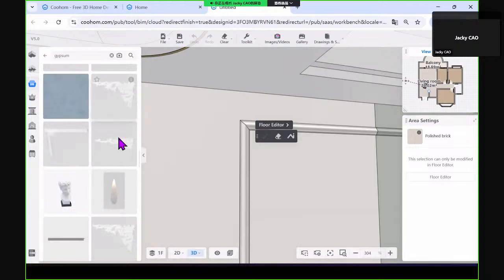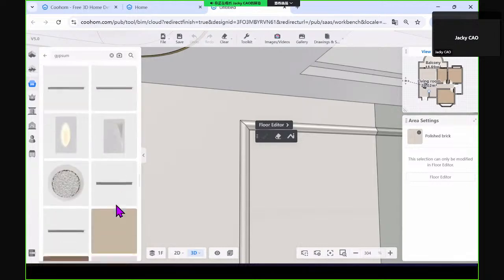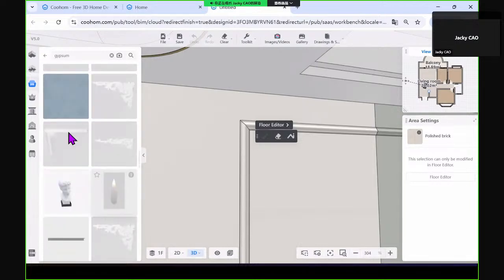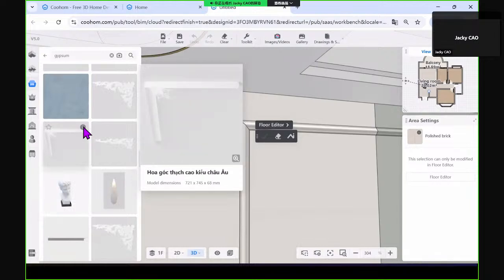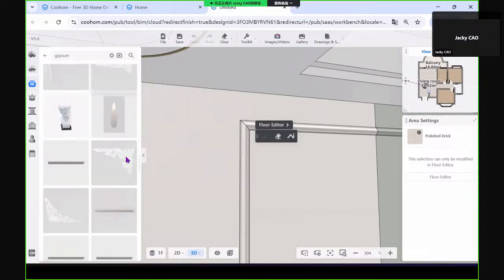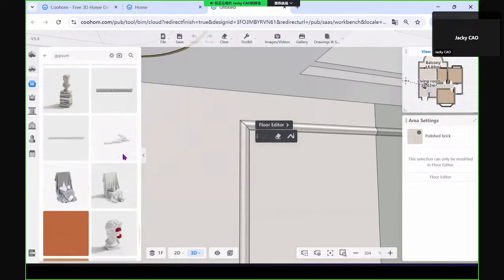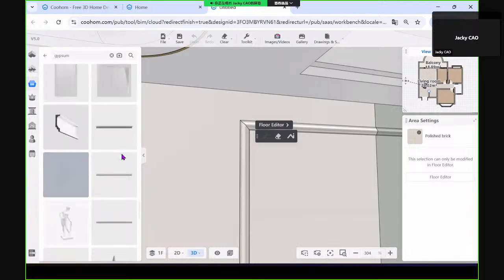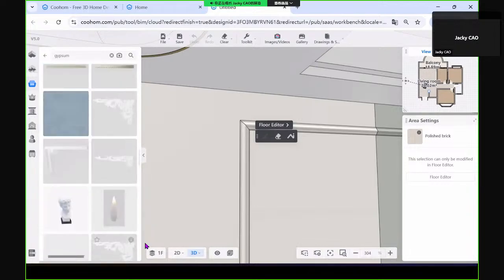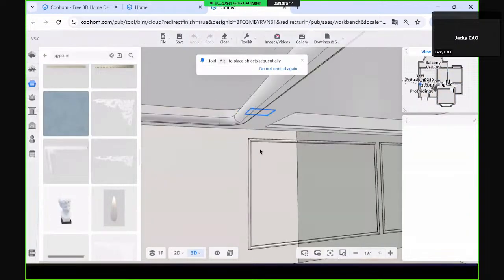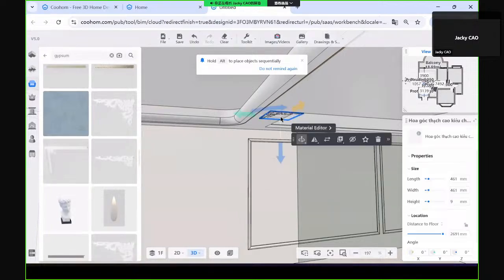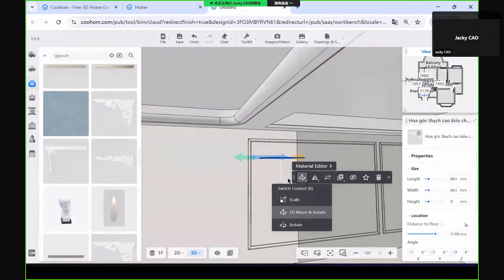Some decors like this. Those default settings rely on the ceiling, but if you want to use them, you can still borrow them from the ceiling to the wall, just changing the direction,